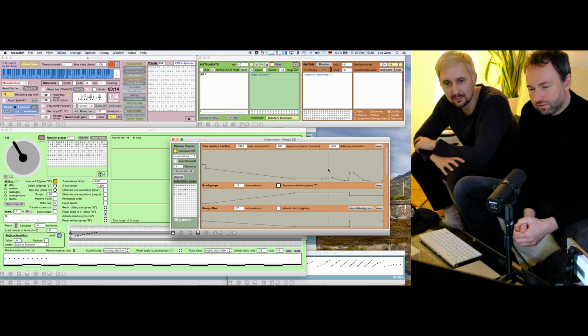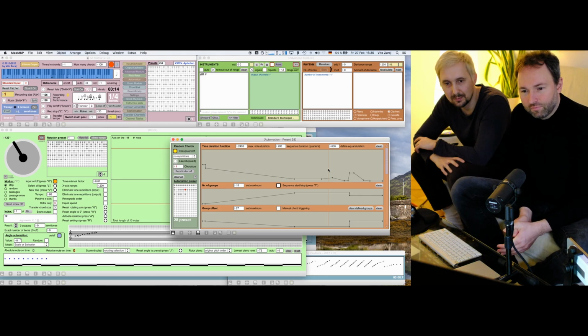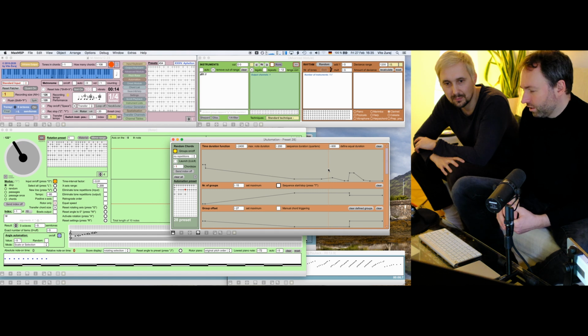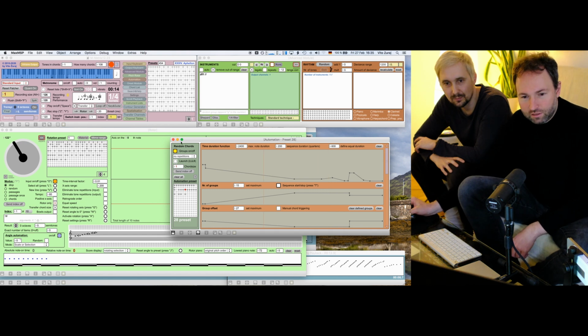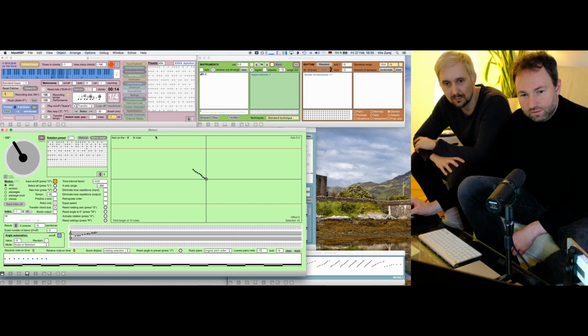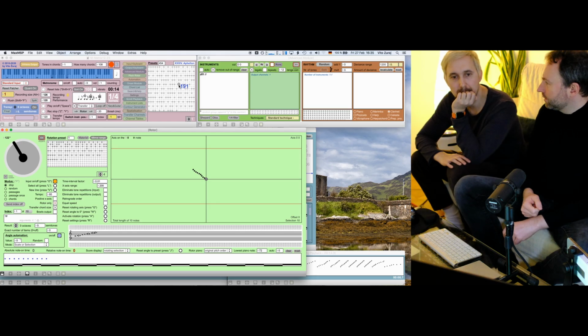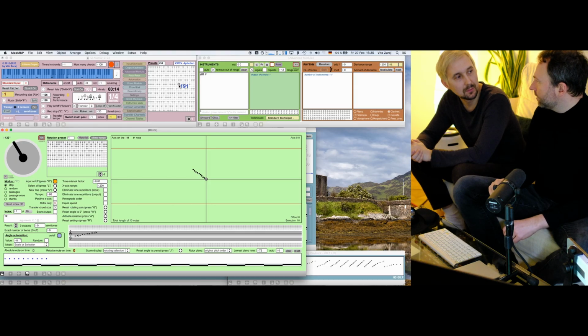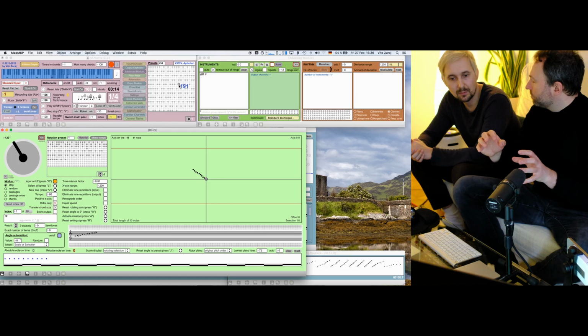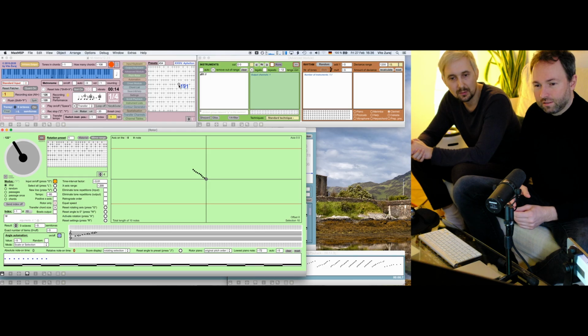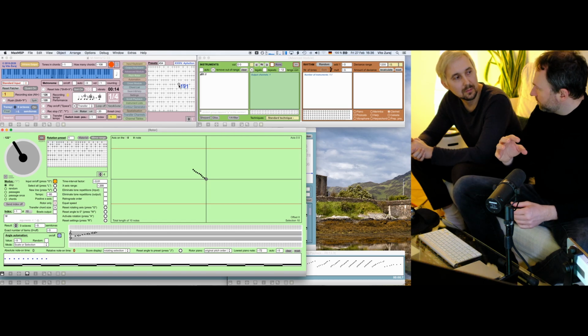There is so much more to this patch, which is microtonality anyway, and then I have some external modules which can be open at the same time, and they are being, let's say, controlled by the patch,